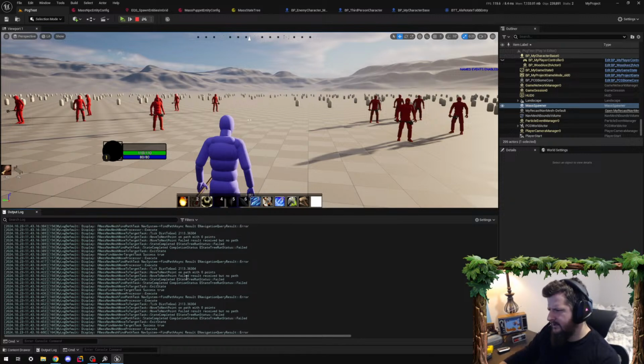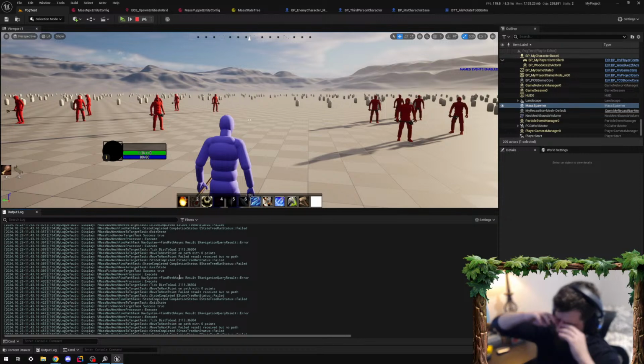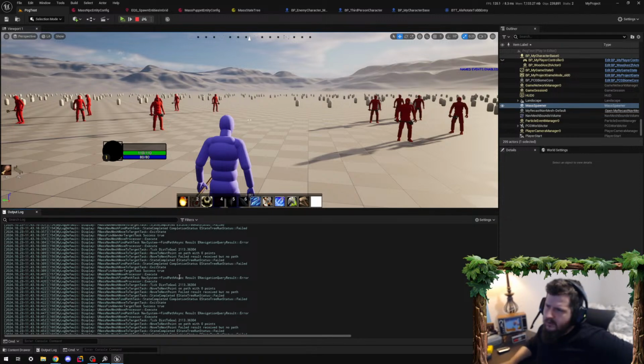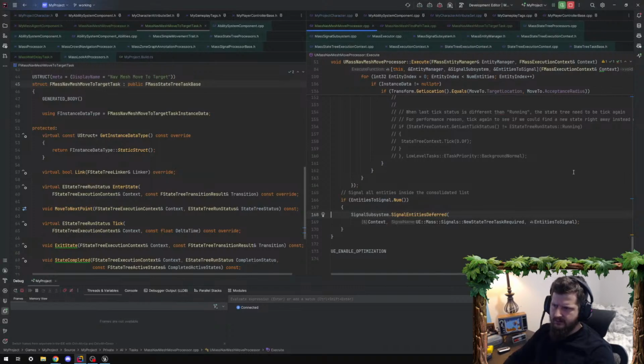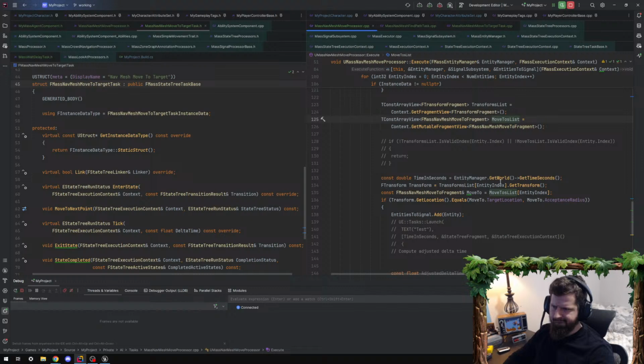Why are we signaling those? I wonder if the performance degradations are happening because we're signaling entities that have these fragments but don't actually